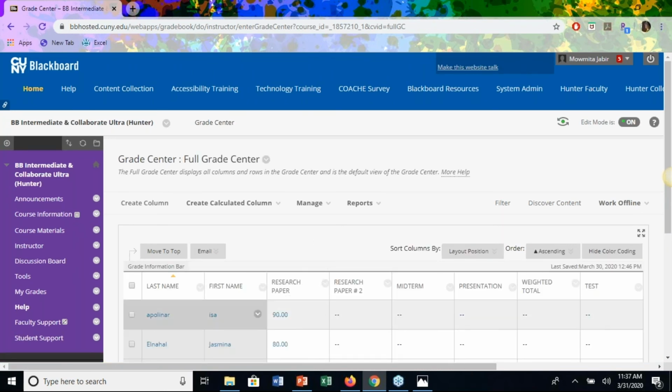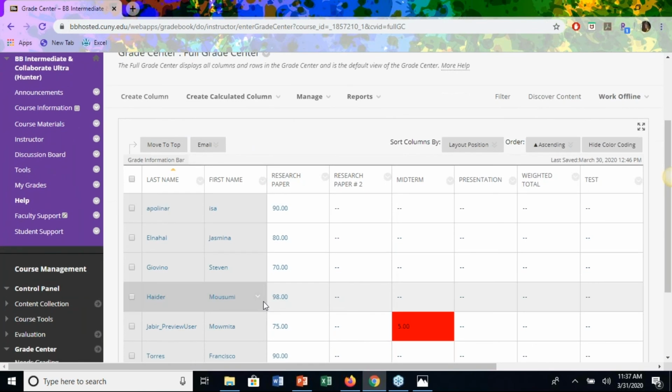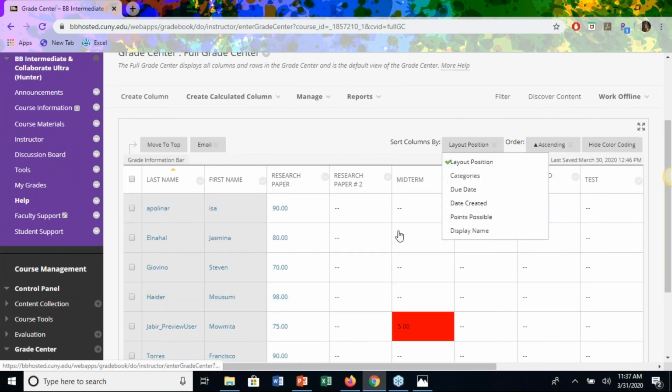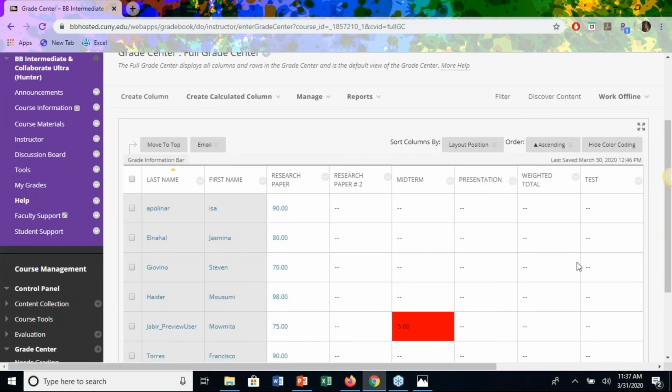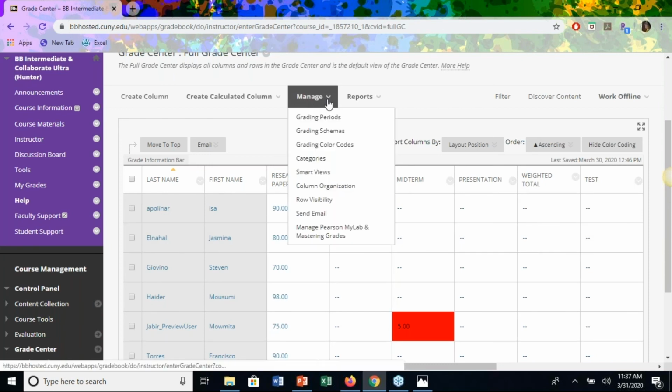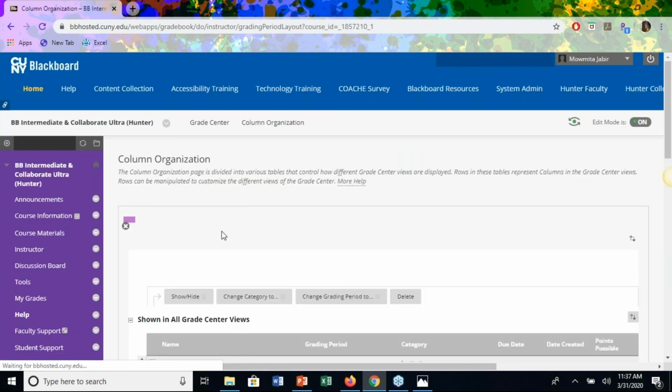One of the most important things is that if you copy your courses, you may have a lot of icons, or you may want to organize them in a different way. How can you do that? You simply go to Manage right here, and then go to Column Organization. And once you do that,